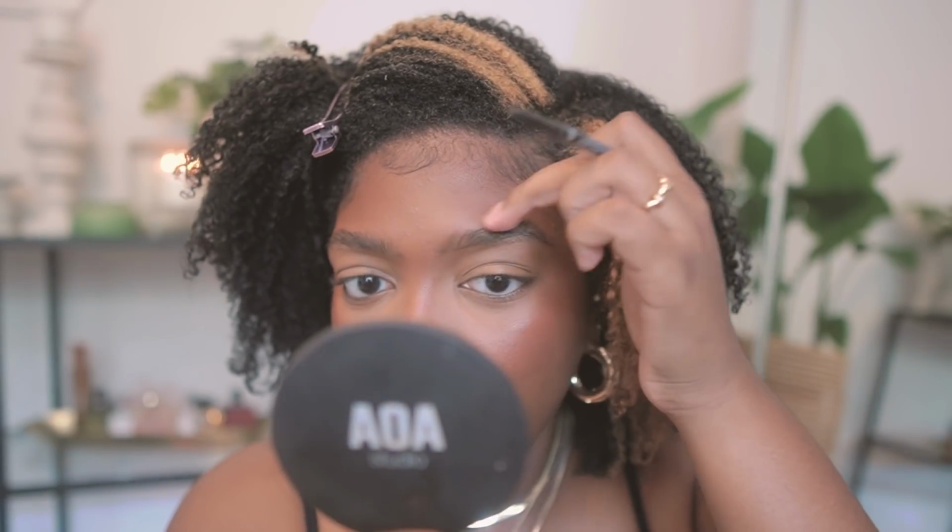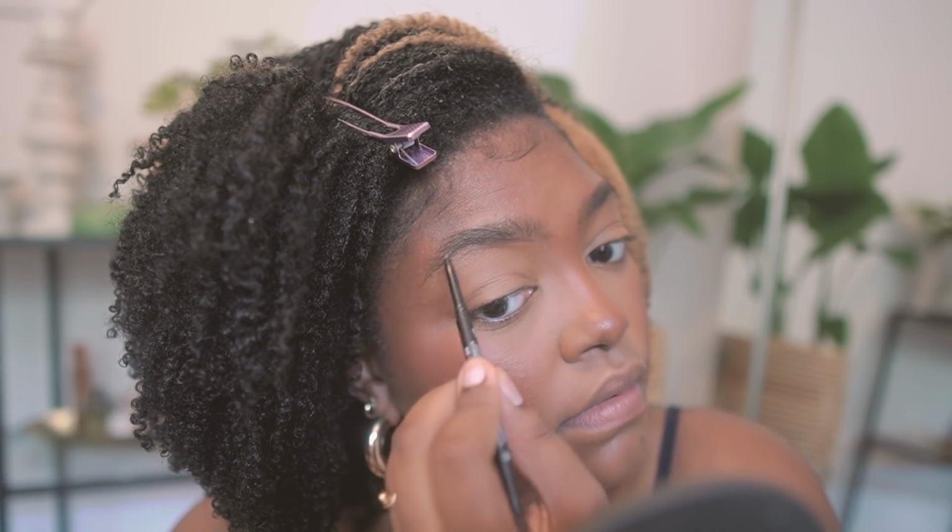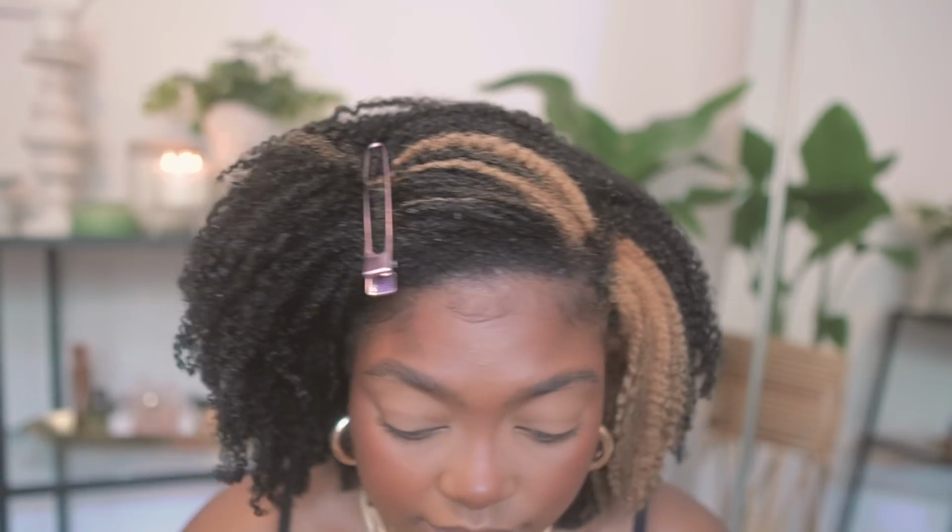When my brows are done, like cleaned up and stuff, I usually don't have to do this as much, but just to get like a super defined look when my brows are grown out, I'll do this. Take the spoolie and brush out any of the harshness of the line. Then, a very important step for my brows, and they're kind of like, the hair is kind of thick and curly,